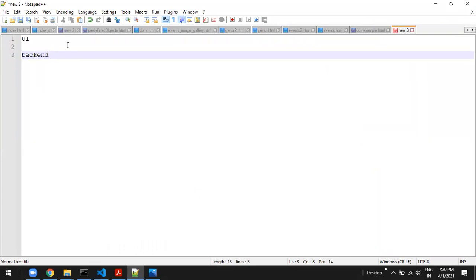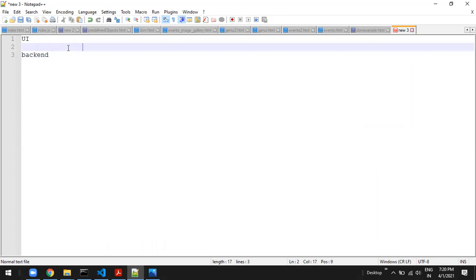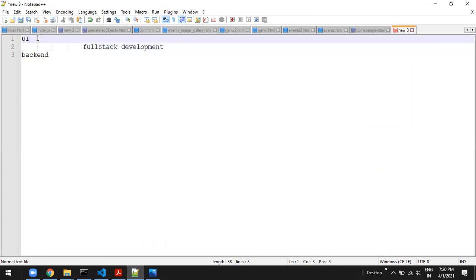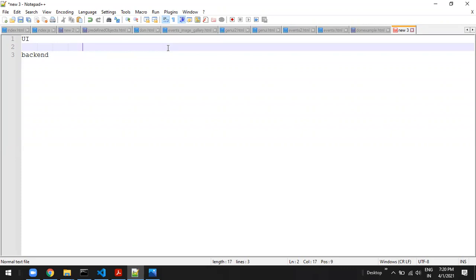This completely comes under full stack development. Some people may be comfortable only up to UI, or want only UI, while some may want to continue to backend also. Then they will be called full stack developers. Let us go back to UI.